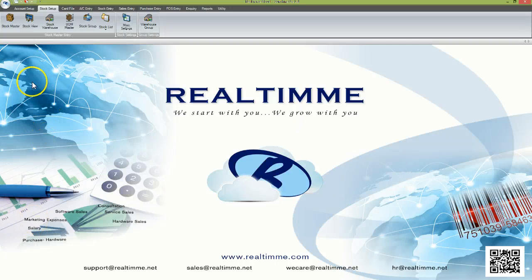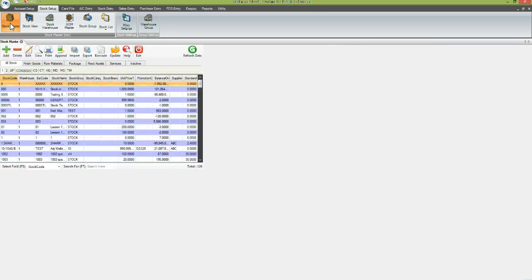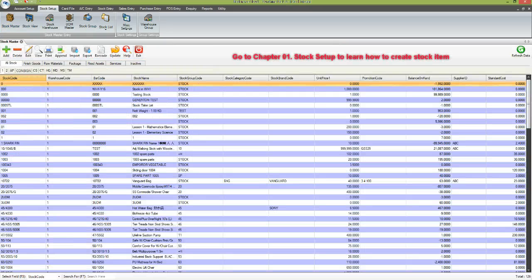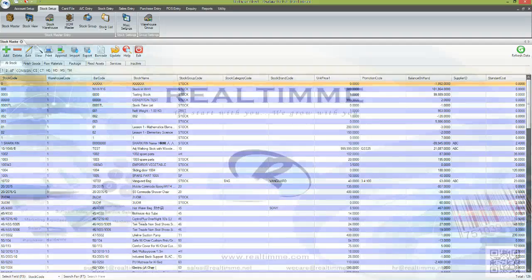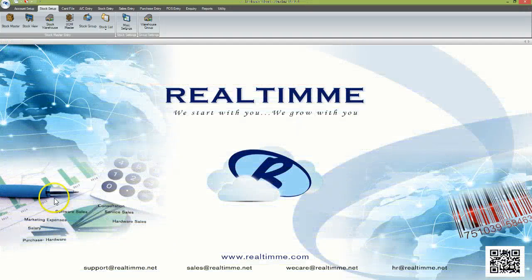To start using real-time inventory system, you need to set up your inventory list in the stock master first. After which, conduct a stock count to record the physical quantities as at the cutoff date. Supposing you want to start issue invoice to customers or receive goods from supplier on the 1st of October 2013,